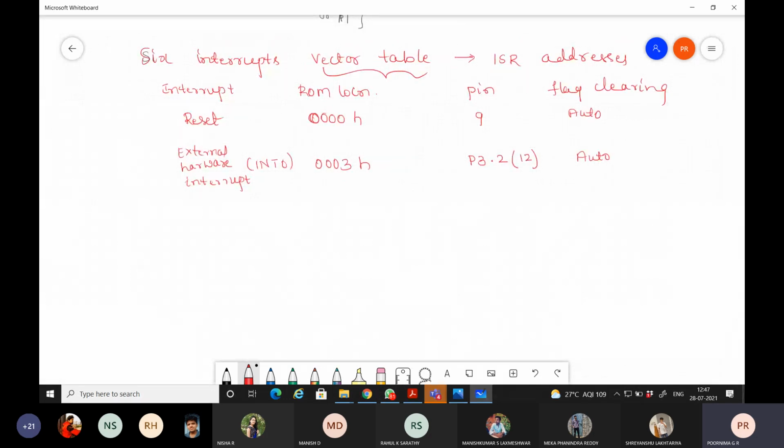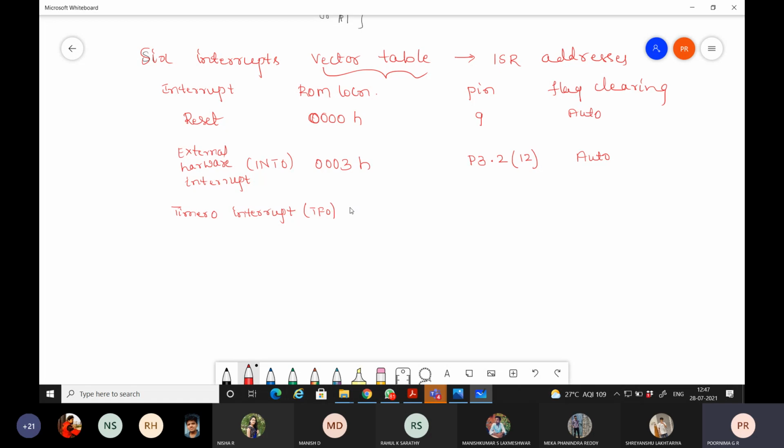Then the next interrupt is the timer 0 interrupt, represented as TF0.